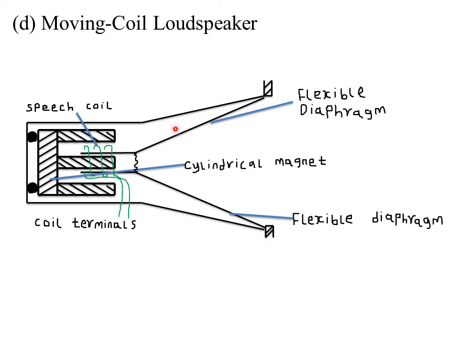Now, we usually have a diaphragm here, which of course is free to vibrate. It vibrates at the same frequency as the current in the speech coil. Then the large mass of air in contact with the diaphragm is thus set into vibration, producing the sound. So this is how a moving coil loudspeaker works. Remember, its work is just to produce the sound, or to amplify the sound that came from another device. So suppose these coil terminals are coming from maybe a